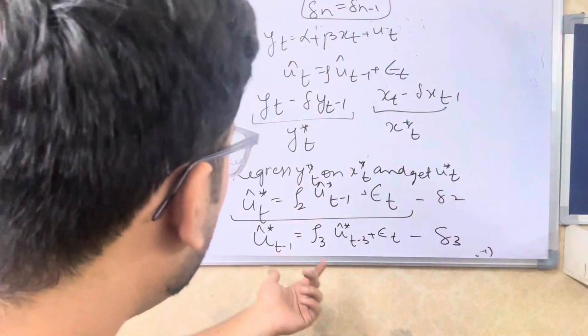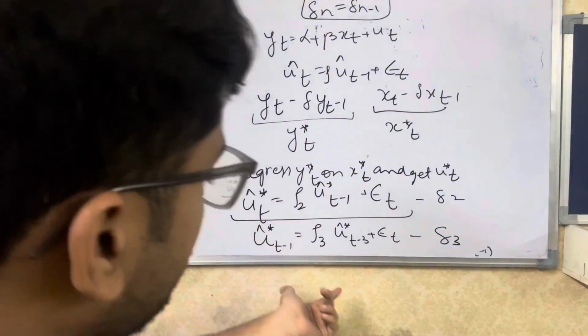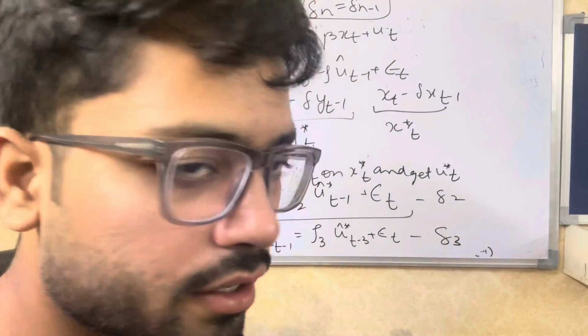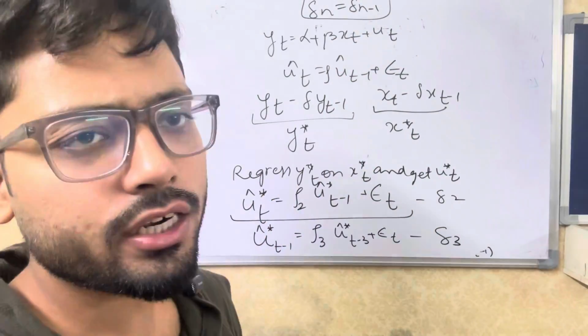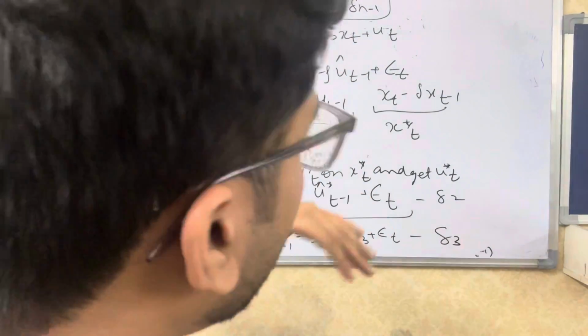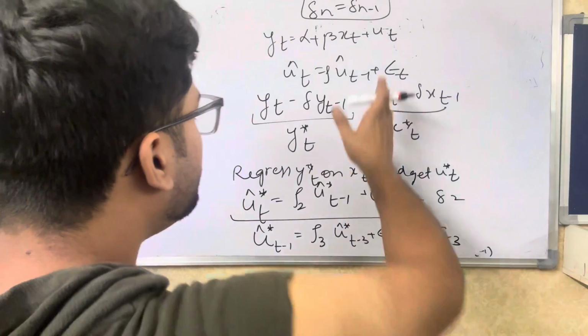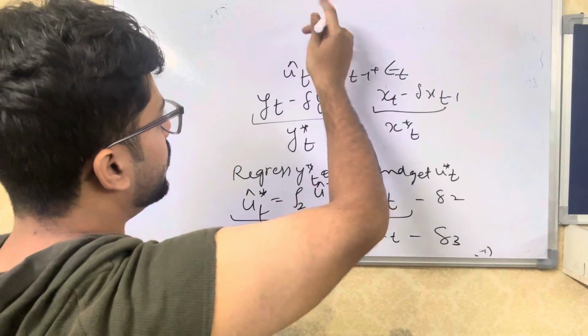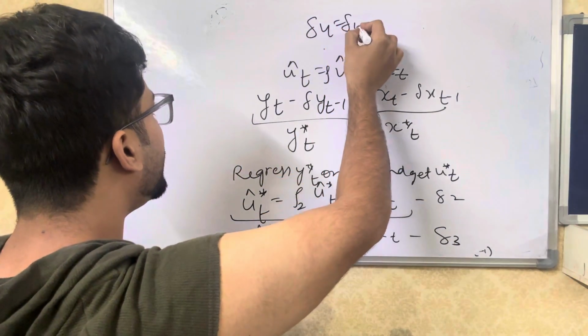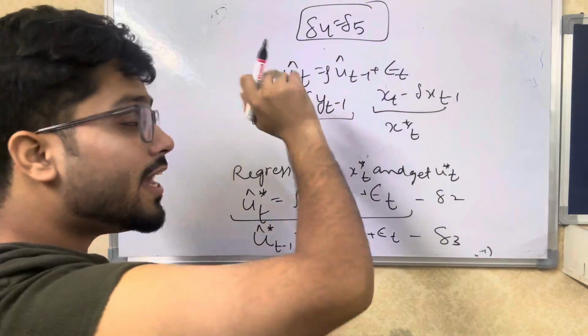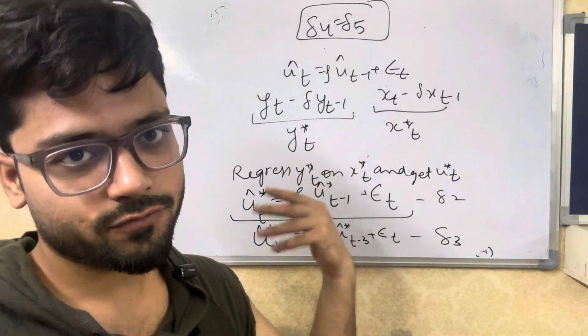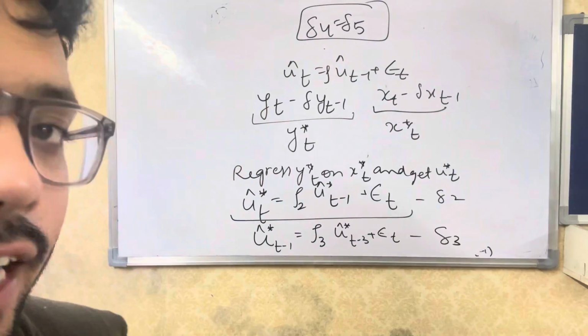You get rho 2. You regress u star t minus 1 with u star t minus 3. You get rho 3. And this process will continue up to rho n, let's say. So when do you stop? Let's say in this particular case, rho 4 and rho 5 are equal. So you take the value of that rho to transform the model. So this is called iterative process of